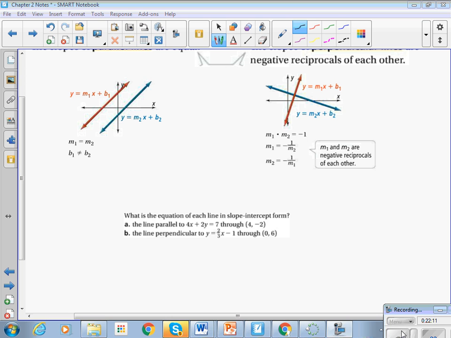Okay, so we're going to find the equation of a line in slope-intercept form. So I'm going to write that down because it's been a day since I looked at slope-intercept form. y equals mx plus b. And I'm going to do it for A, the line parallel to 4x plus 2y equals 7, and through the point 4, -2. So for this situation, I need to take my parallel line